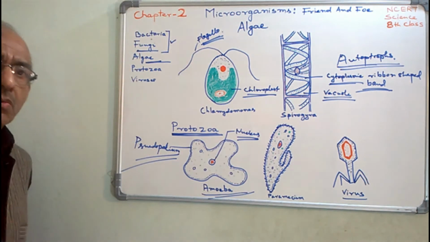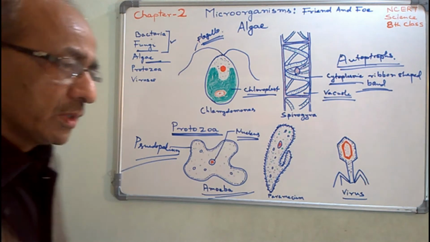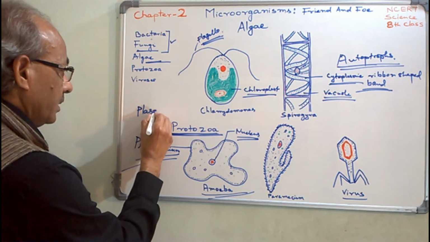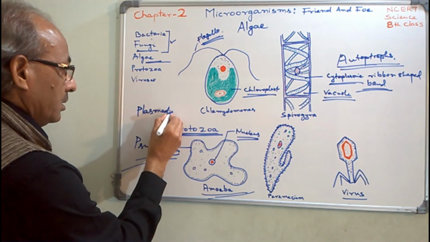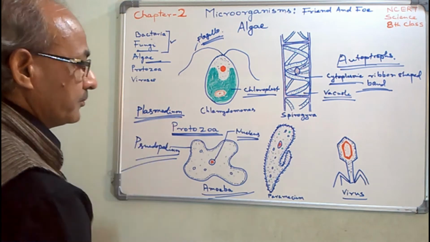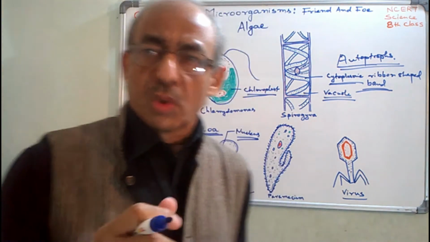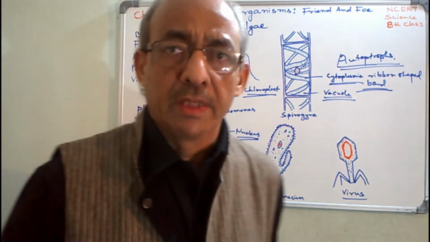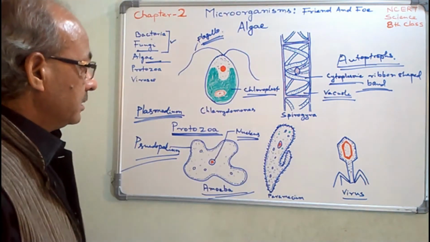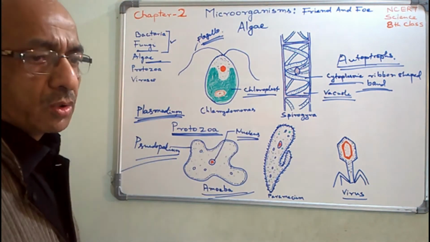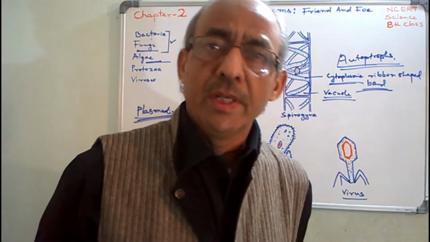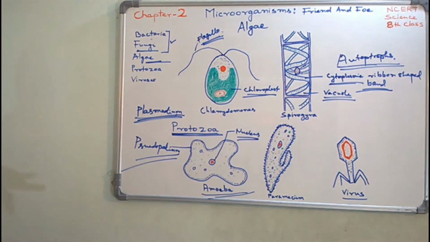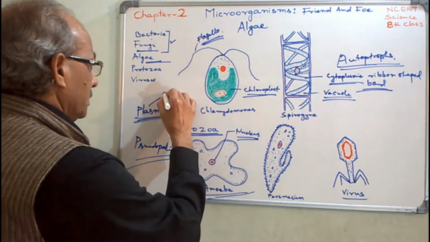Just you should know one important example of the protozoan, Plasmodium. I'm writing it here. Plasmodium is one of the protozoa which cause malaria disease in human beings. That means the Plasmodium is that protozoa which causes malaria in human beings. That means it is a disease causing microorganism. So it is a pathogen. You note down this term,